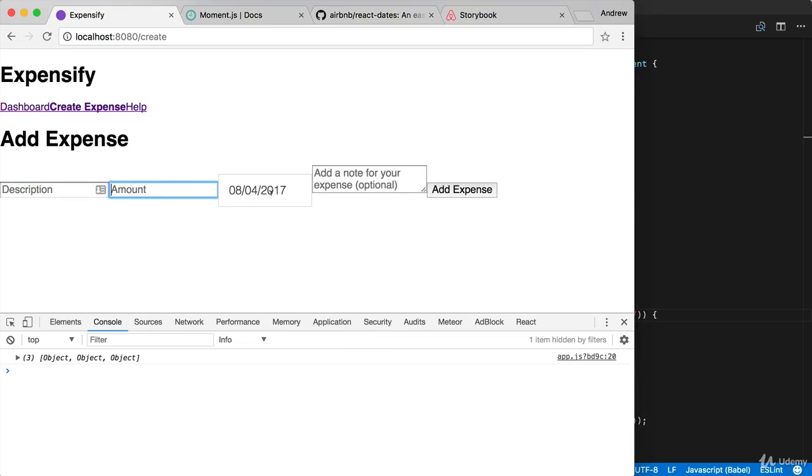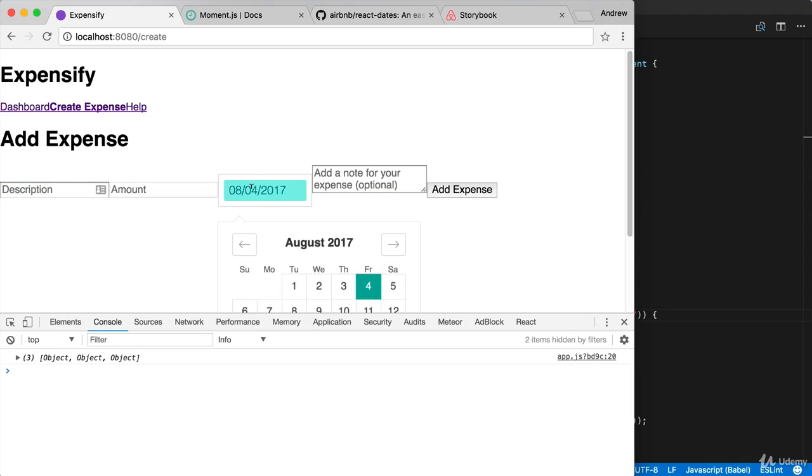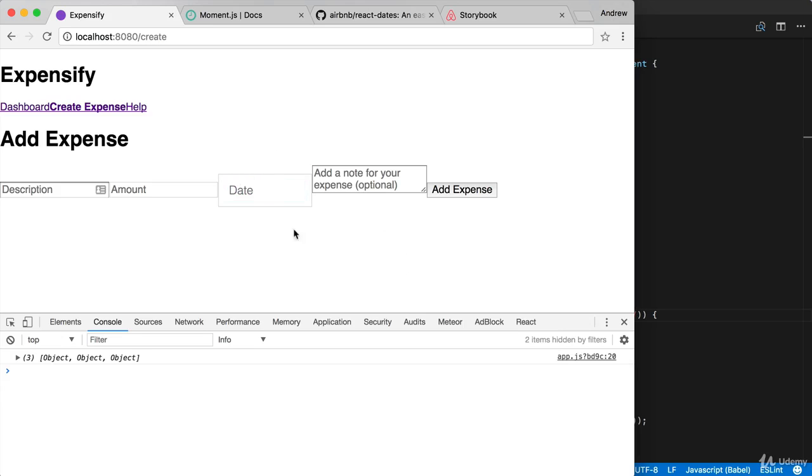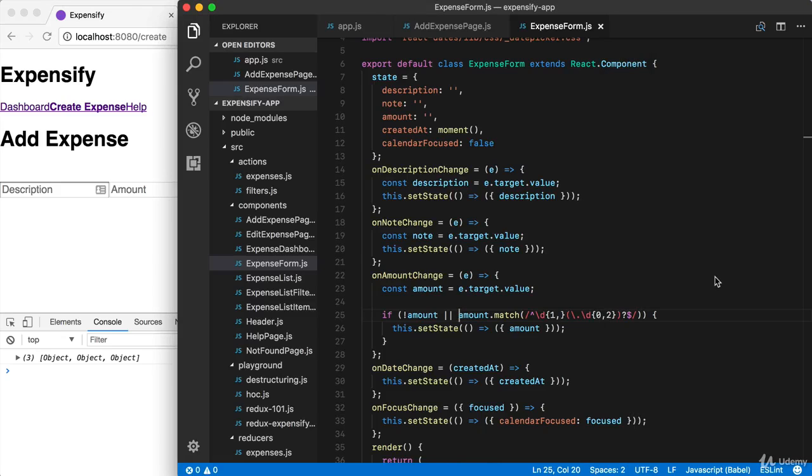The other thing we're going to tweak is the date. So with these two, we're going to require them to provide the values, and we're going to add an error message if they don't. But for date, we can currently just focus on the field and delete it. And there's really no good reason to do that. That's not a user experience we want to provide. And we can actually prevent this with a simple tweak to our code. So down below, we have